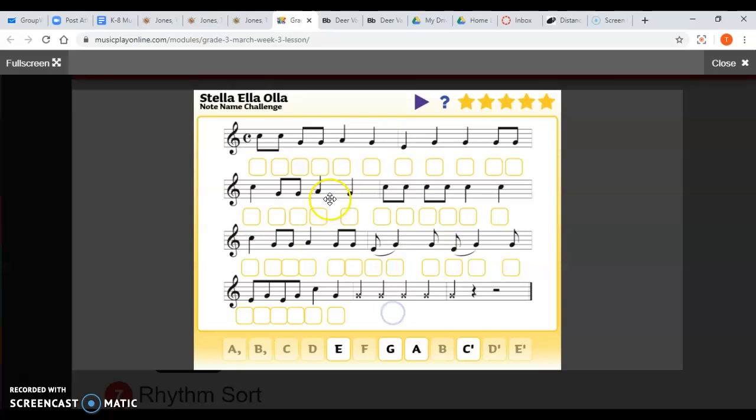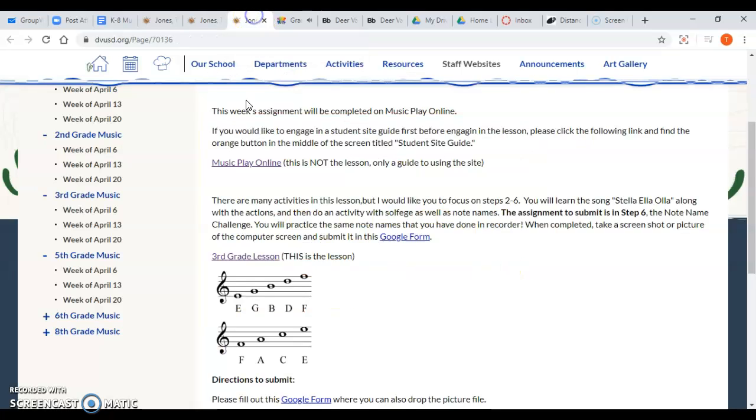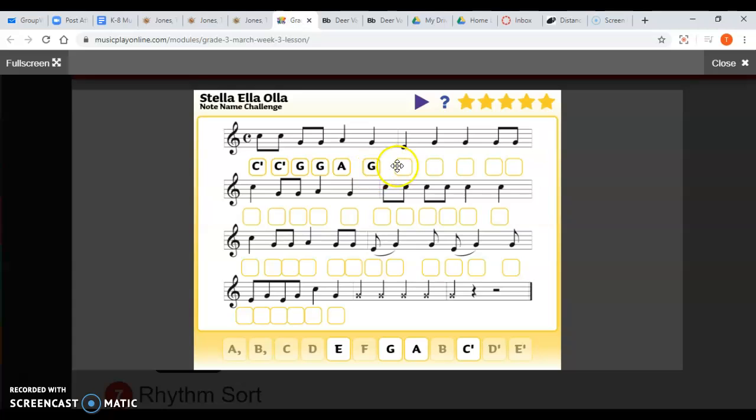So they should know, okay, this is the third space. The third space is C. And there it is, C, C, G, G, A, G, and so on. And they can just go right back here. If they forget a note name, they can go right here and check it, and then go back and keep going. And so after you complete the whole song, then it will have a big star come up that will